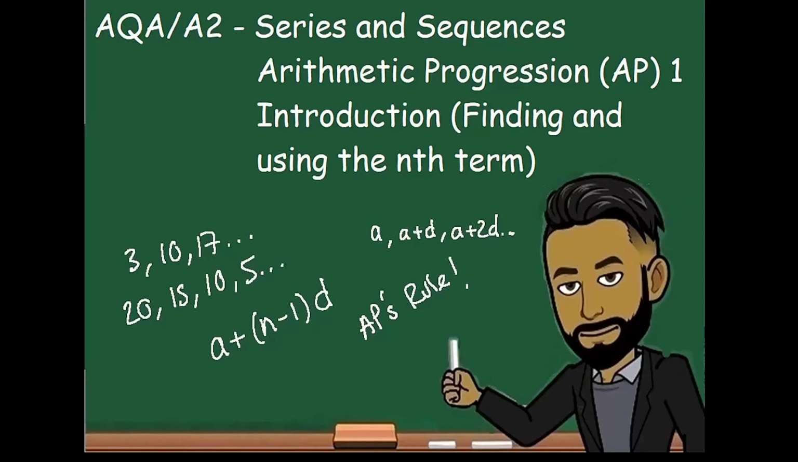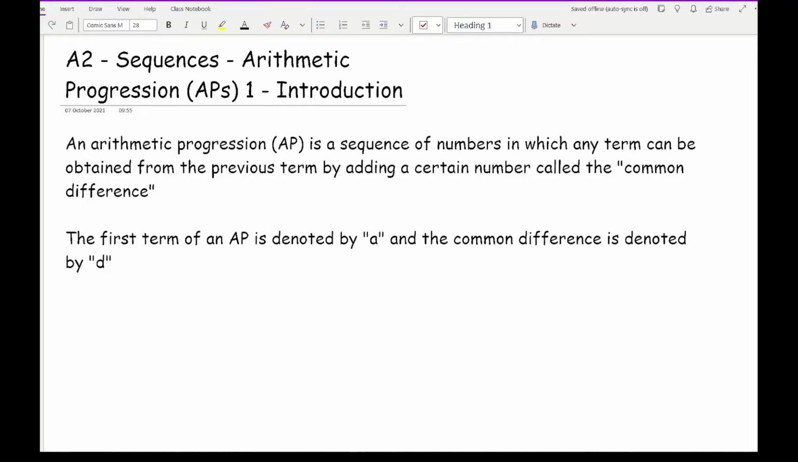So welcome everybody to this latest A2 video on 162 Maths, and in this video we'll be introducing series and sequences and starting off by going through arithmetic progressions, also known as APs, and working through finding and using the nth term. So an arithmetic progression, also known as an AP, is a sequence of numbers in which any term